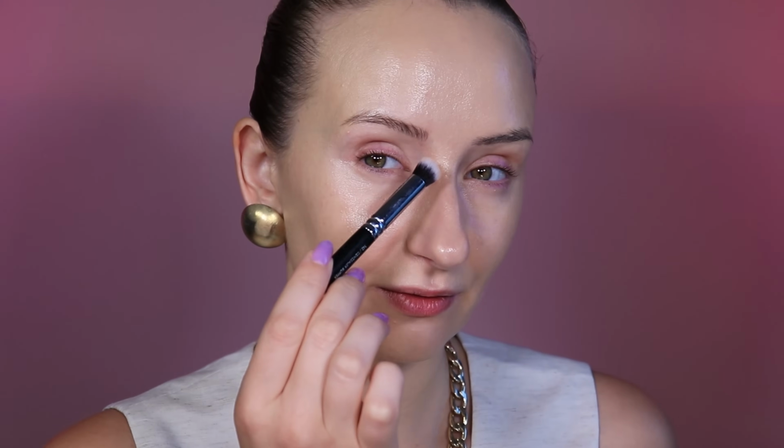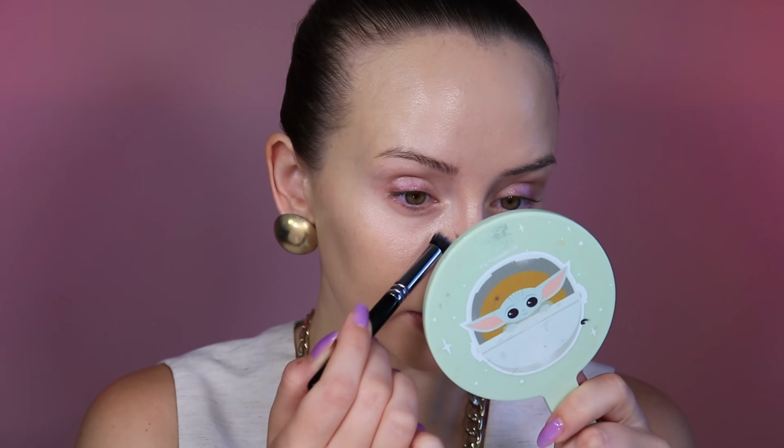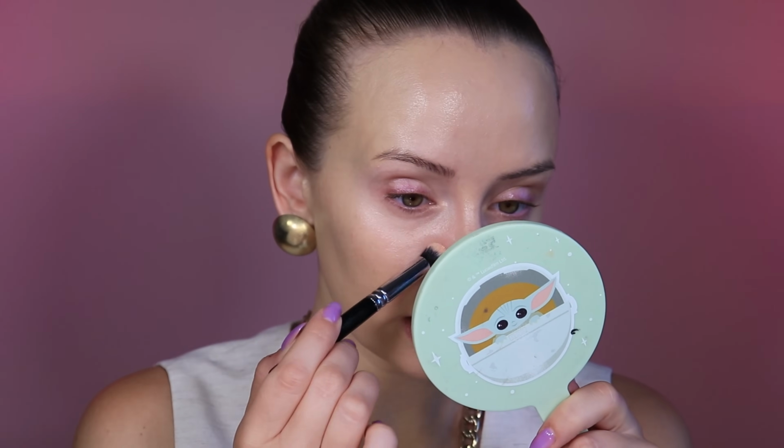I'm not that impressed. Honestly, I'm not really that impressed. First of all, I have to cover my purpleness right here using another concealer, something more peachy. Second thing, this area, okay, it's just maybe not my cup of tea. But this product doesn't emphasize texture, and from this point of view, it looks great. If you have oily prone skin, I can't suggest this product because it's way too nourishing and way too oily. I will keep this product right here, but in these areas, in the inner corners, I will add another